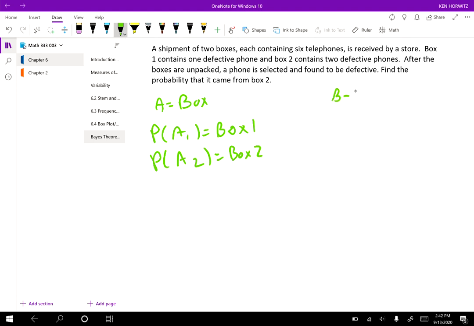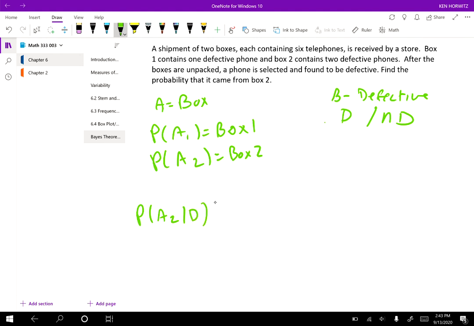Our B event is going to be defective phone. A phone can either be defective or not defective based on the probability. So we need to know the probability that we came from box 2 given that our phone that we chose